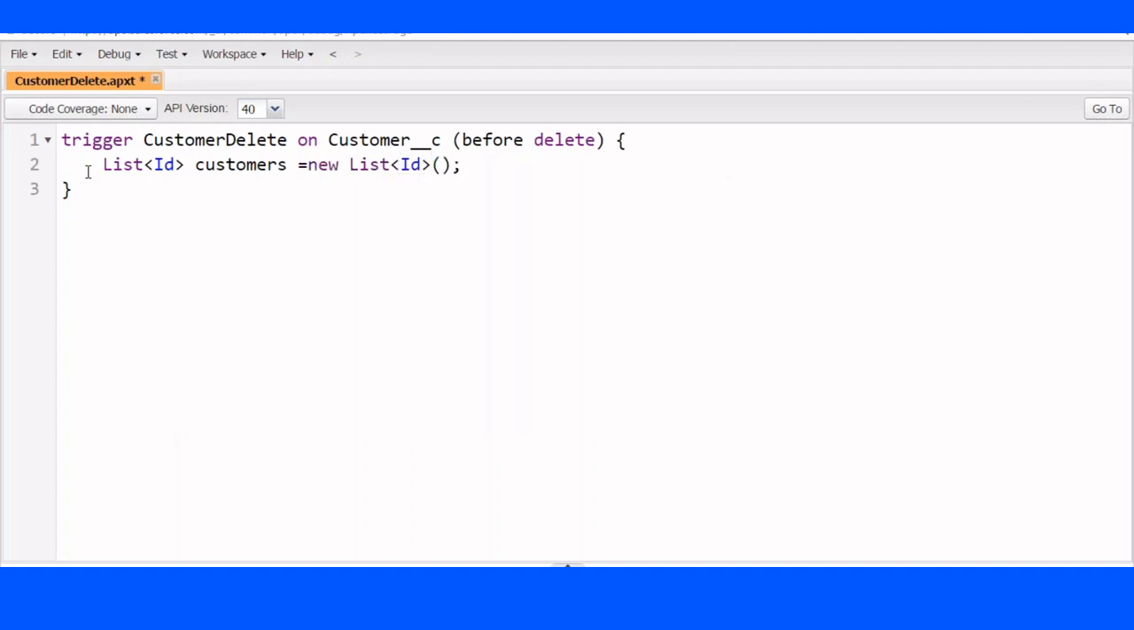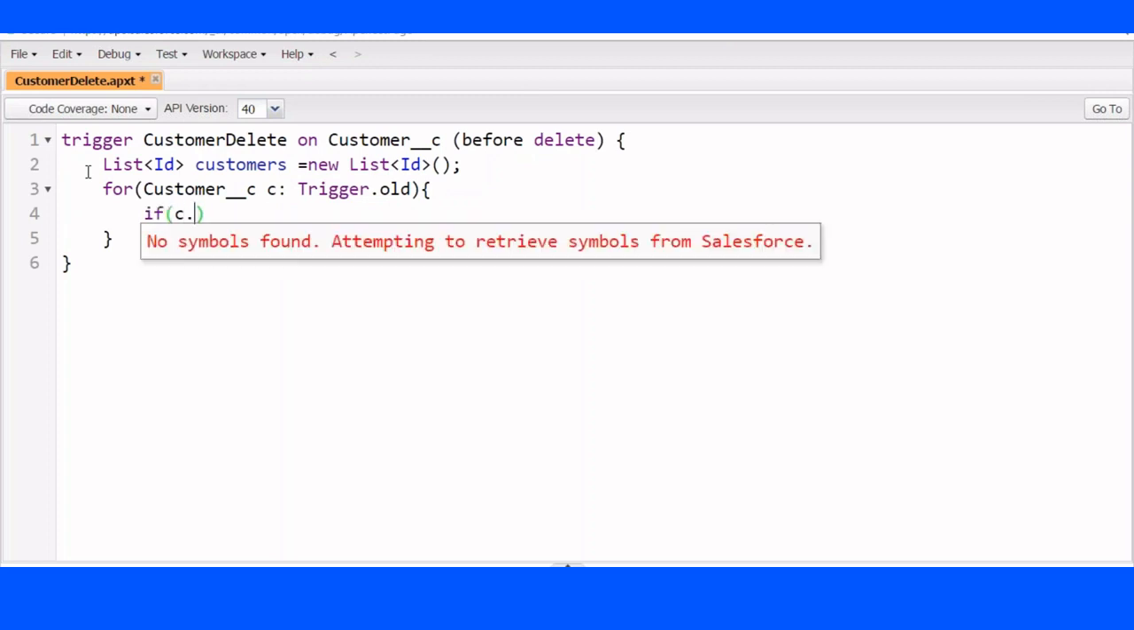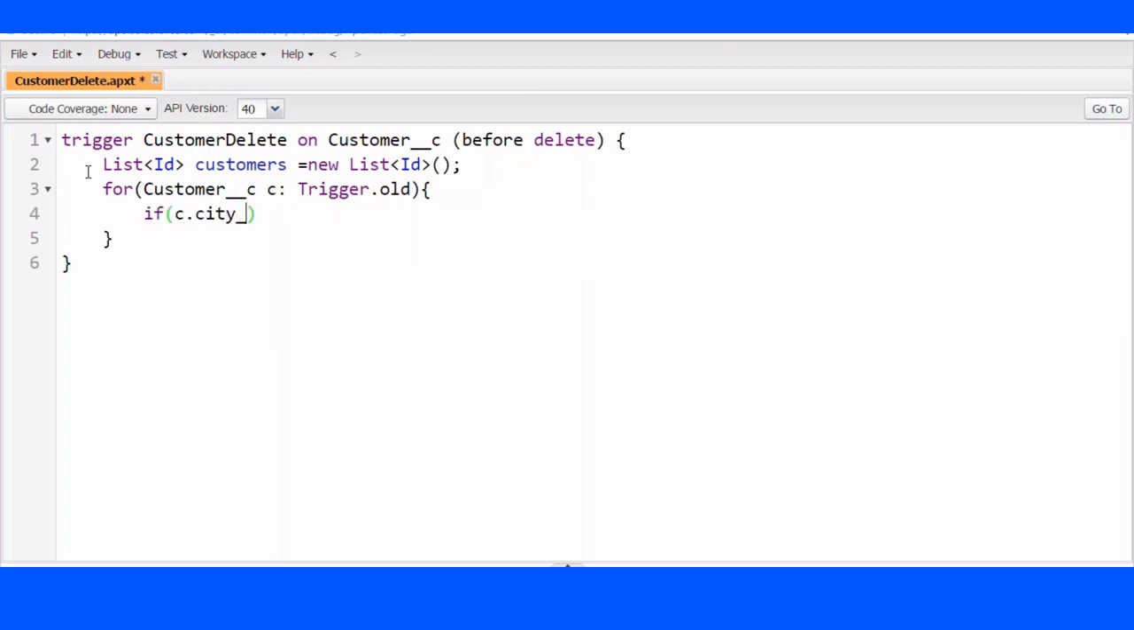Because I am not going to delete all the payment records. Only the payment records of those customers whose city is Hyderabad. So we need to know which customer's city is Hyderabad. The list of records which you are trying to delete is in trigger.old. Take one by one record, check. If customer.city equal to Hyderabad, then add